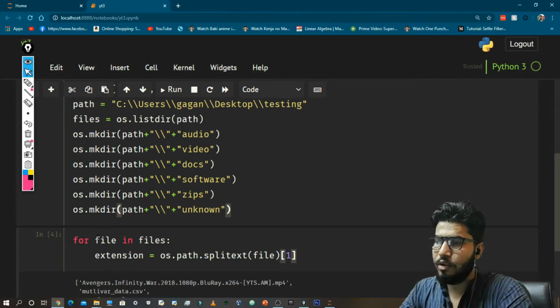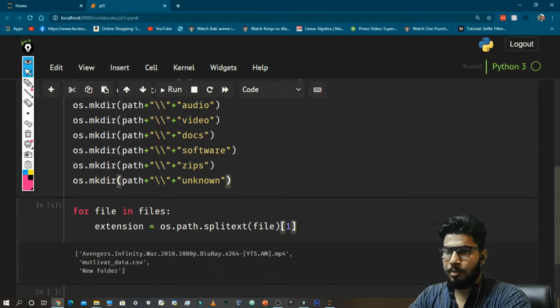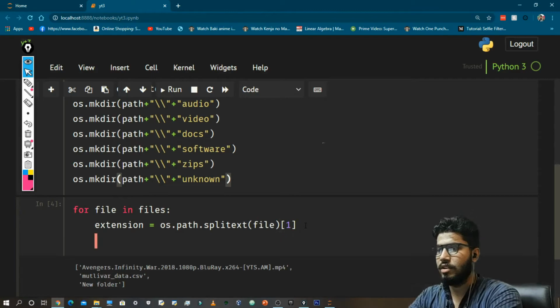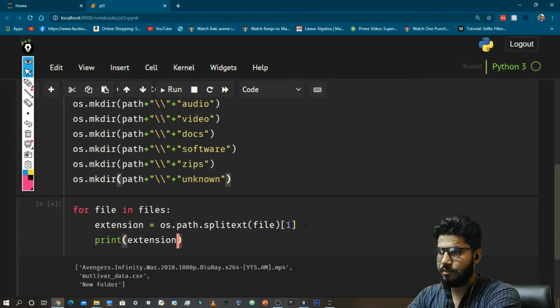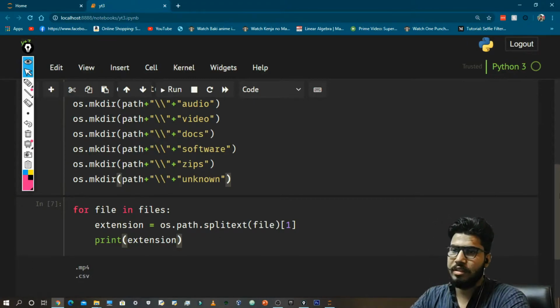What it will do is give us the path and the extension, so let me just print it with the extension.